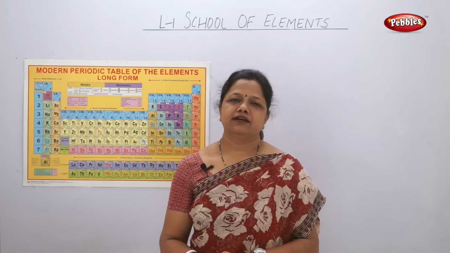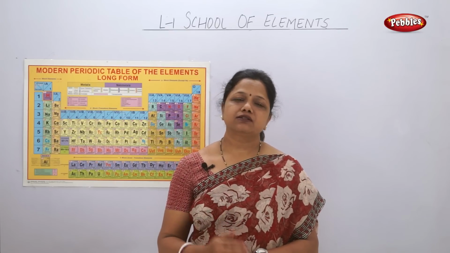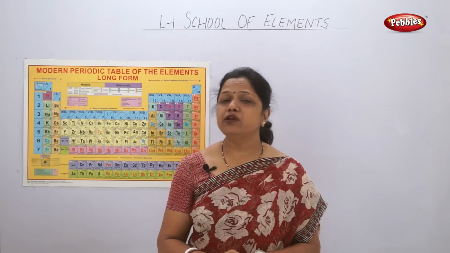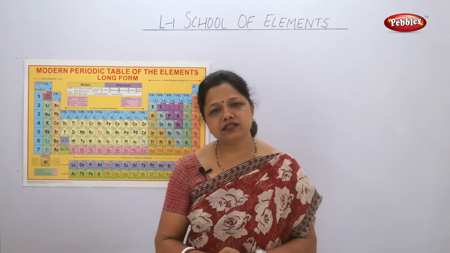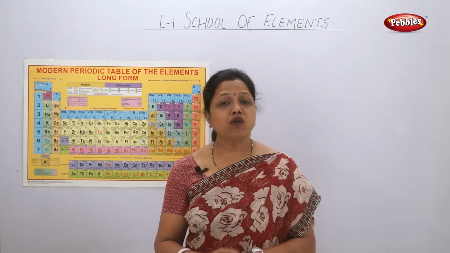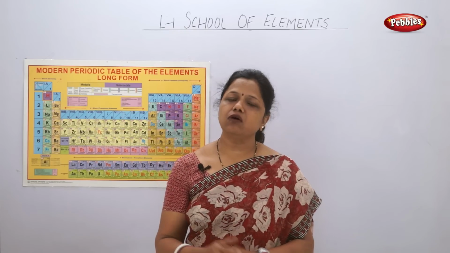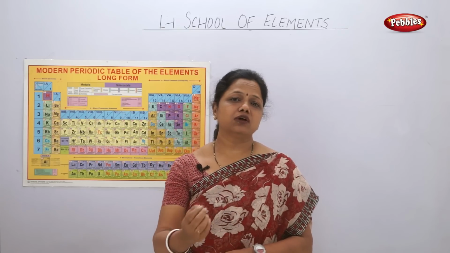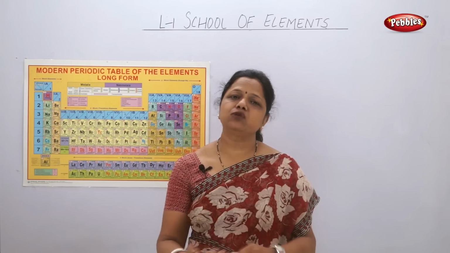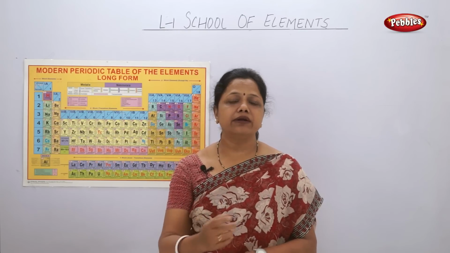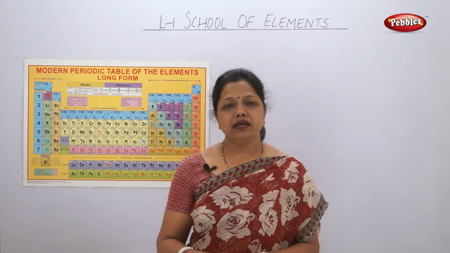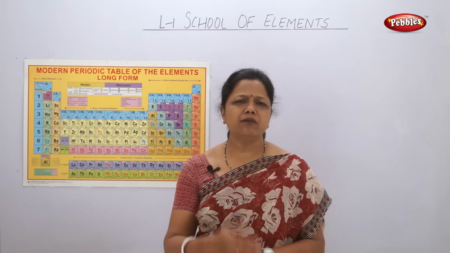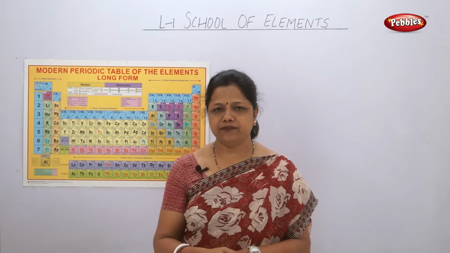Hello students, we were doing the first lesson, Classification of Elements. We had seen so many types of periodic tables introduced by various physicists and scientists. What were they doing? They were trying to organize all the elements in a proper order. Last time we saw Mendeleev, who tried to organize these elements according to their atomic weights. He arranged them in the increasing order of atomic weights. But there were many demerits, which we saw last time.